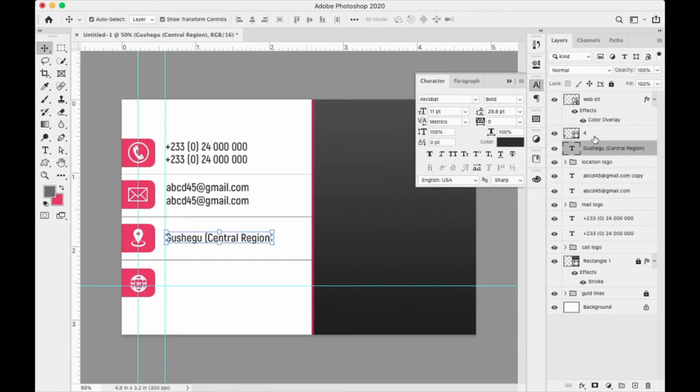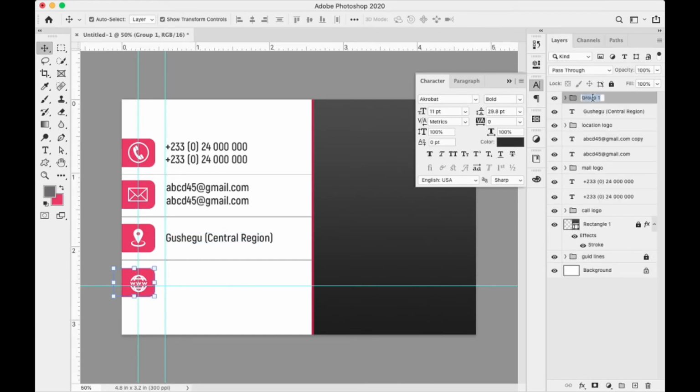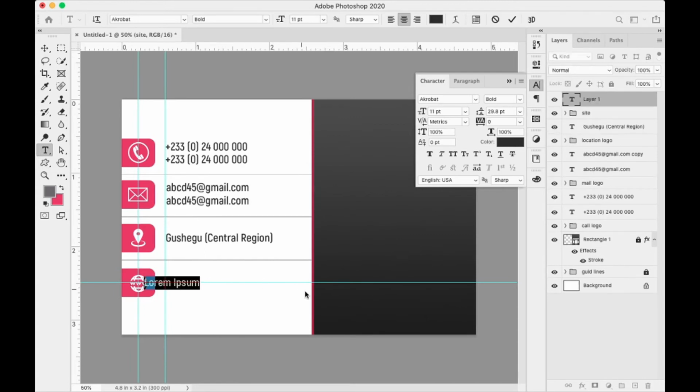Now I repeat the procedure by selecting the fourth one and its corresponding web. I group it and name it site, or website. So the short name is site. I bring the guide in the middle, then T. I type the name of my website address. So let's say